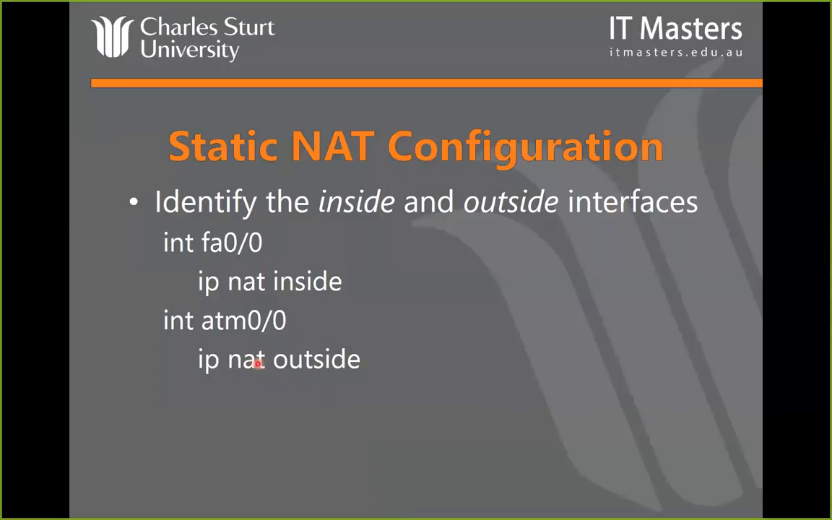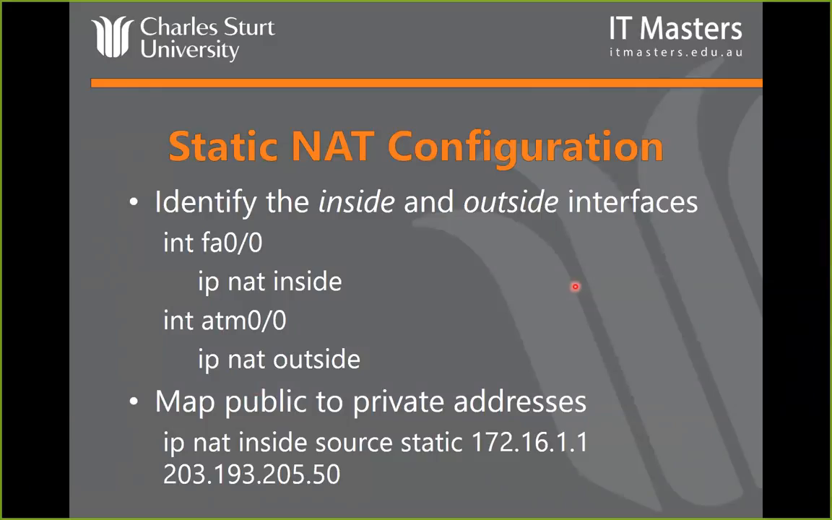Following on from that, the ATM interface, which in this case, ATM 0/0, would normally be some sort of DSL connection, I'm going to set up as the outside interface. So now I'm talking about NATing from inside to outside, from my FastEthernet network to my ATM, or to my DSL connection, on the way out. And in this example, I'm going to map the public to private addresses. So ip nat inside source static 172.16.1.1 to